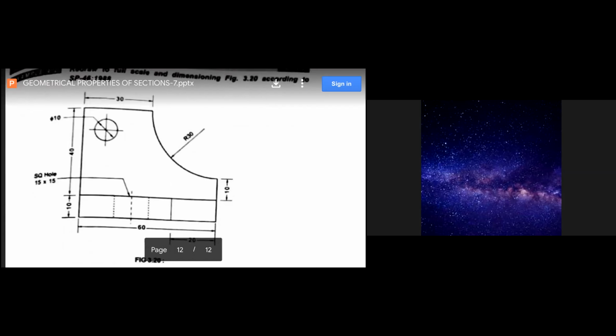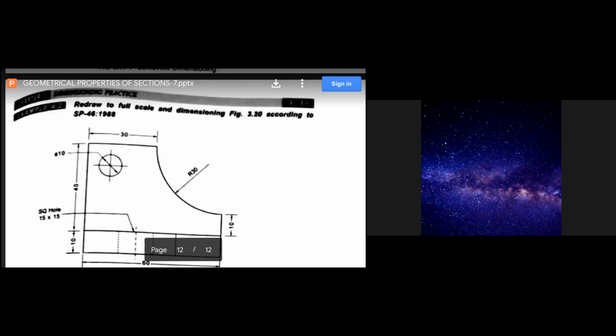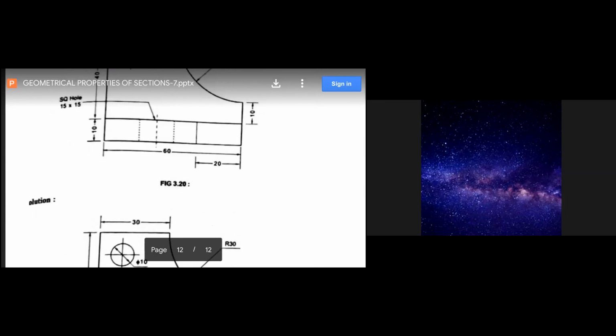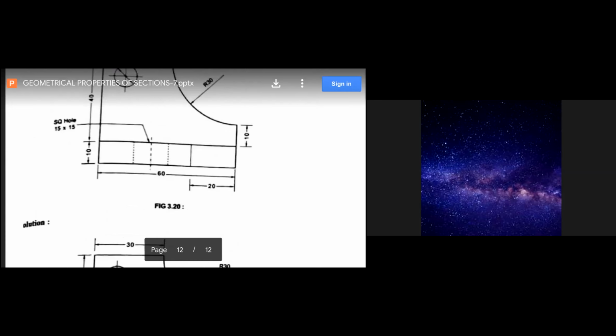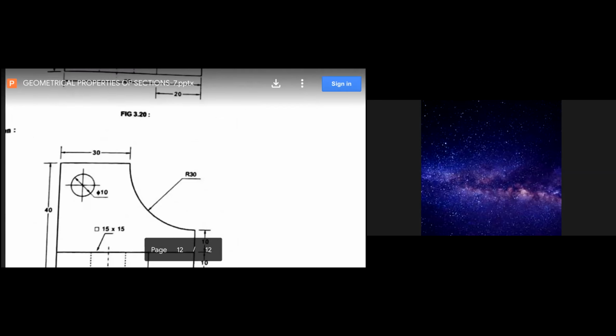See here, in the whole dimension there is a mistake. In the dimensioning line, in the leader line, we have to write the value above the line. So write the leader line and write the dimension above the line, that is 5, 10, like this you have to write. Here also you have to mark it, so you can write it by a leader line. See here, you have to correct it like this.